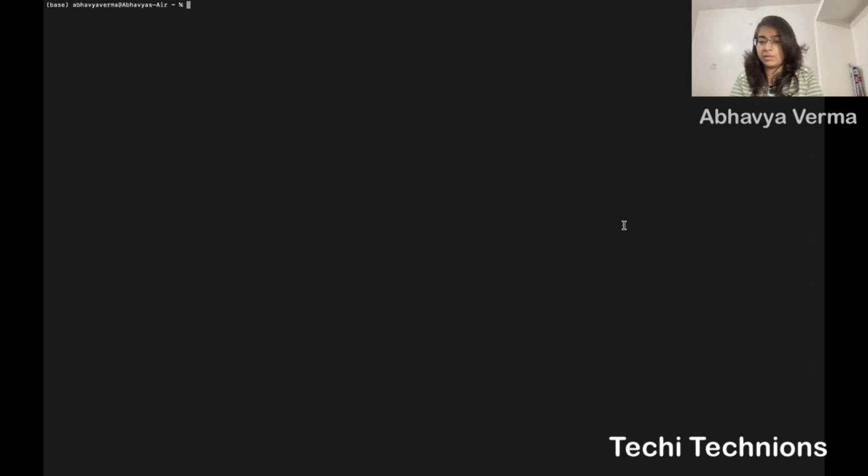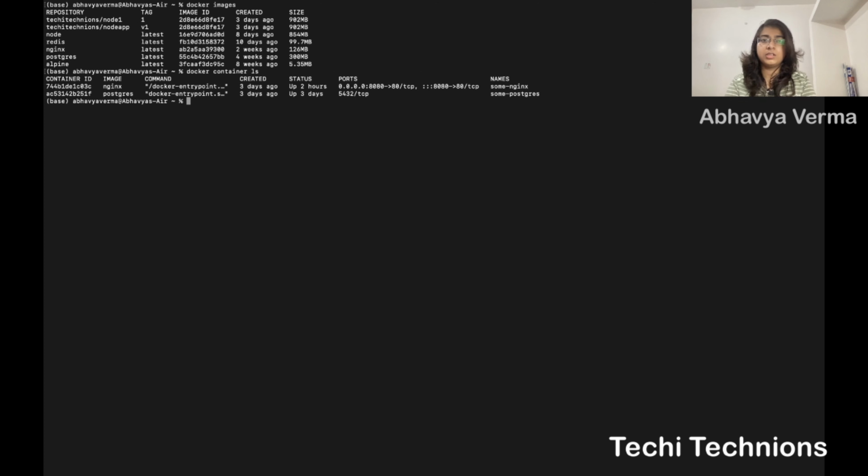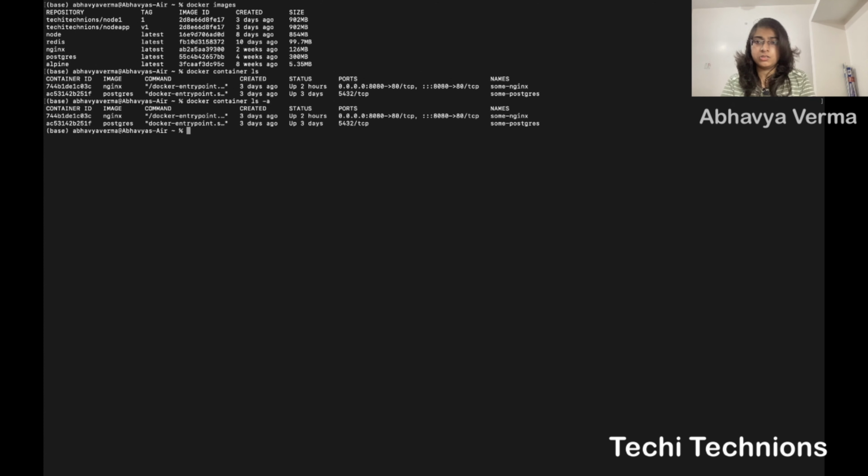So let's go through it from the basics. First is checking out the Docker images, then we will go for the containers. We can see so many images here, and I want to know the containers which are running. Docker container ls will give you the list of running containers, and docker container ls -a will give you a list of all the containers, whether they are running, stopped, exited, or in a paused mode. So right now I have only 2 containers running in my system, but if I want to start another container, I can start it with docker run.